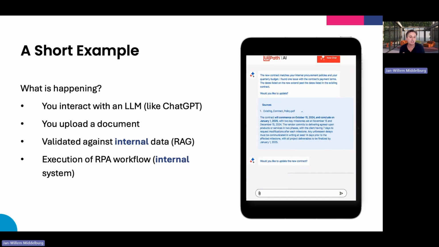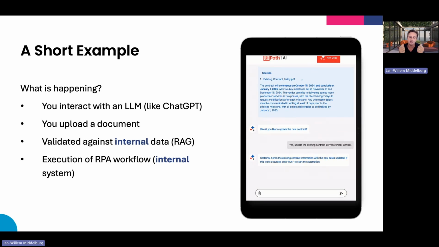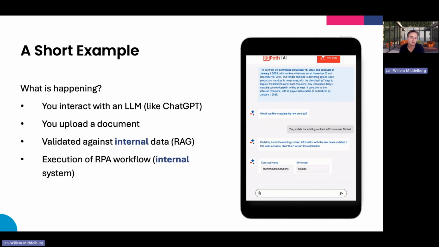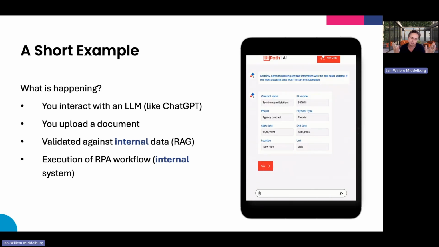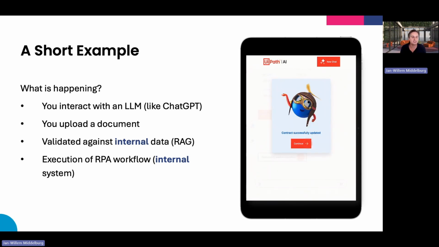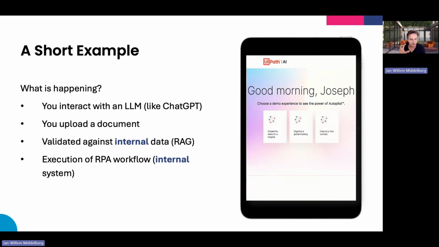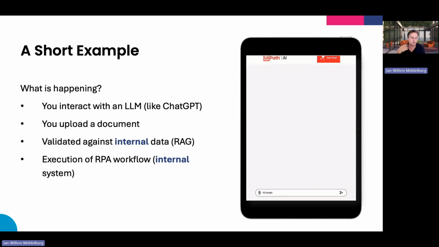Now, in the old days, obviously, this would be a manual step. People copy-pasted all of the fields into a CRM record, and they manually uploaded the document, which would generally take probably 10 times as much time as what the agent is doing right here. Now, this is a good example of what we call limited agentic AI solutions. It means that it's assisted, you are still in control, but it's already a completely different experience, and it